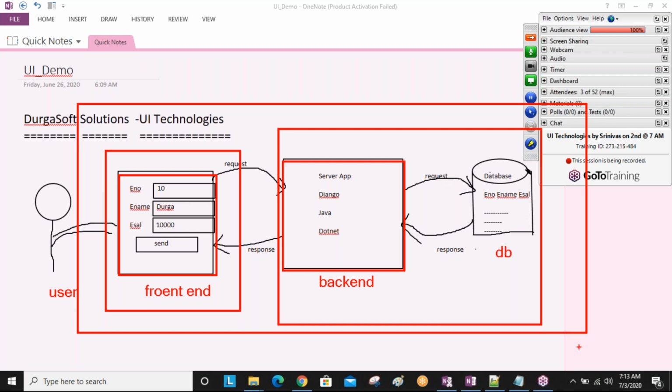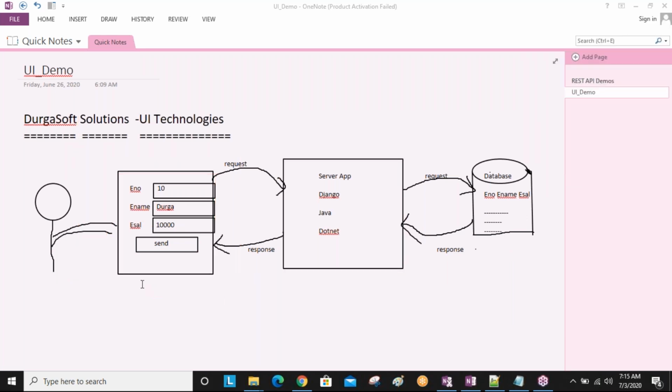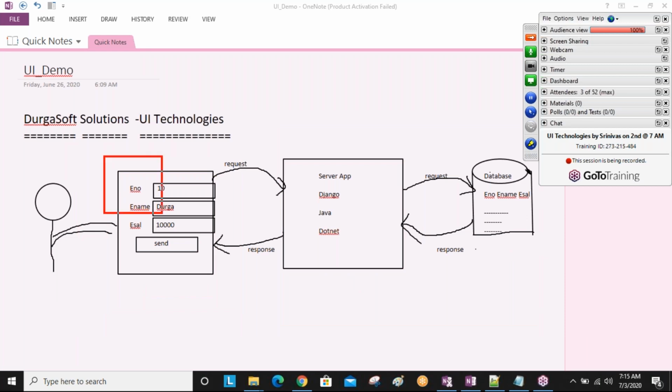Now, user interface means what we discussed in the definition, sir. For example, this is my computer, and in this computer this is my presentation.